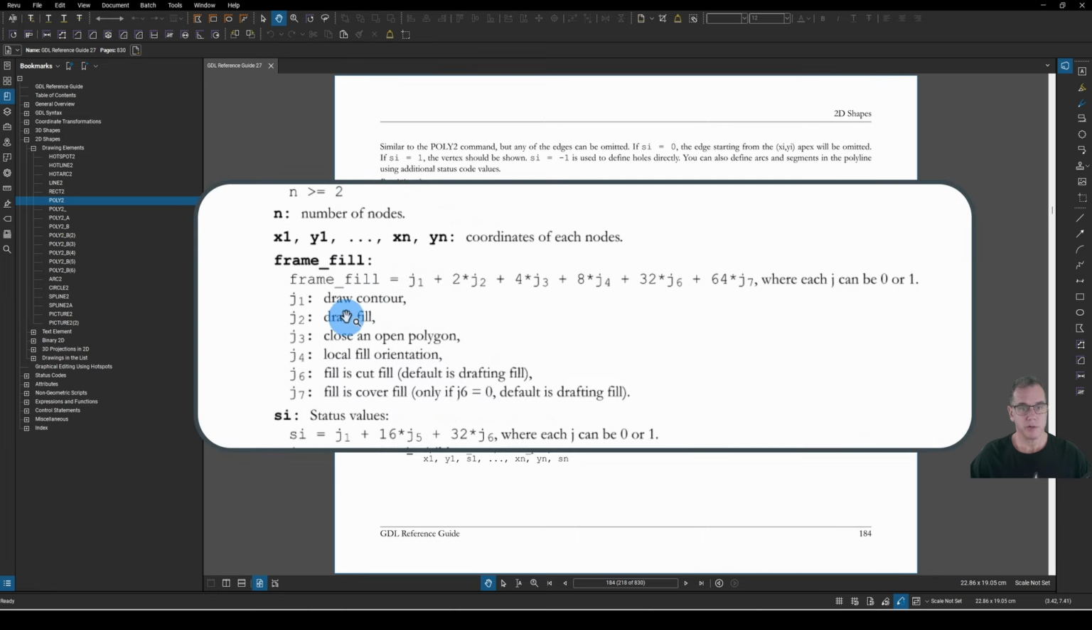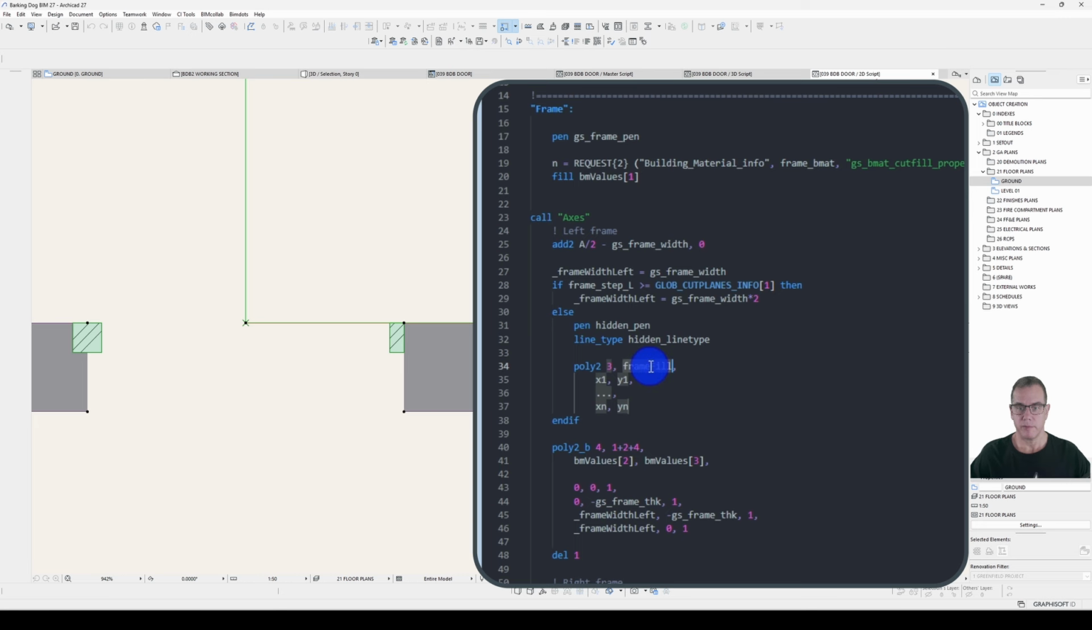I don't need to draw a fill. I don't need to close an open polygon. So J1 is all I need. So frame fill will be 1, and my coordinates will be, X will be